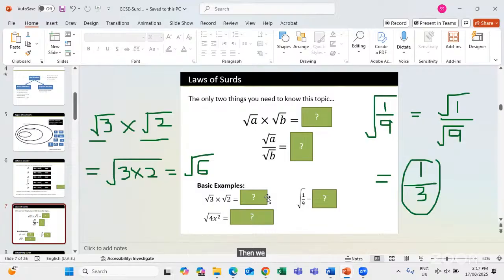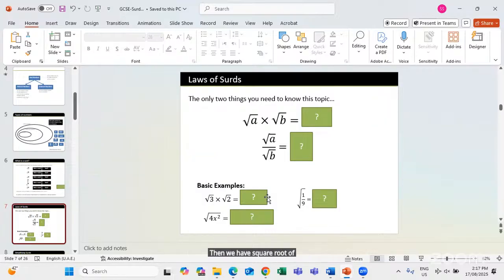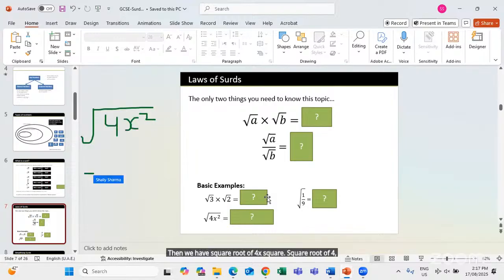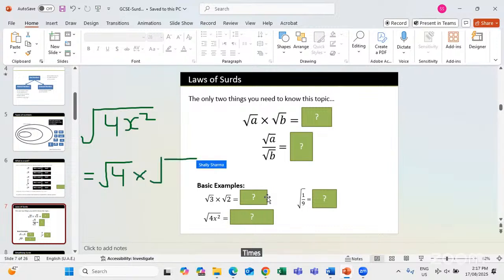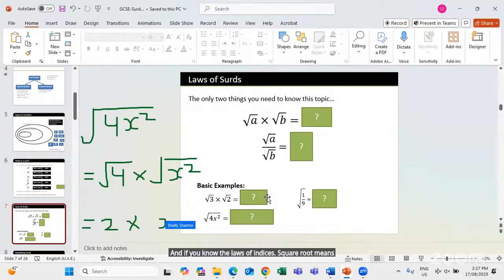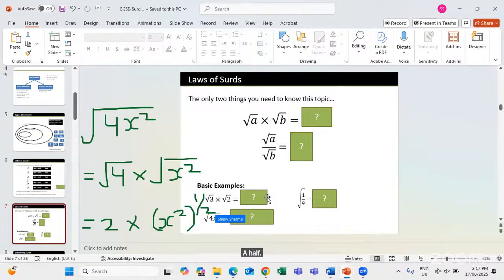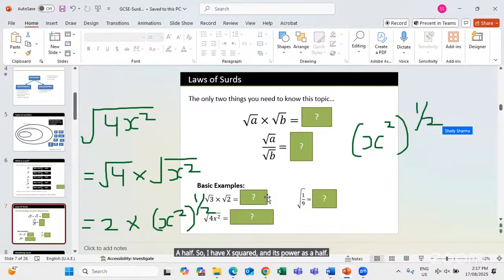Then we have square root of 4x squared. Square root of 4x squared means I can write it as square root of 4 times square root of x squared. So square root of 4 is 2. And if you know the laws of indices, square root means it is the power of a half. So I have x squared and its power as a half, and then it will be